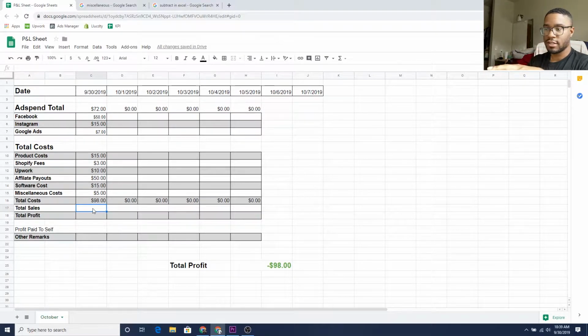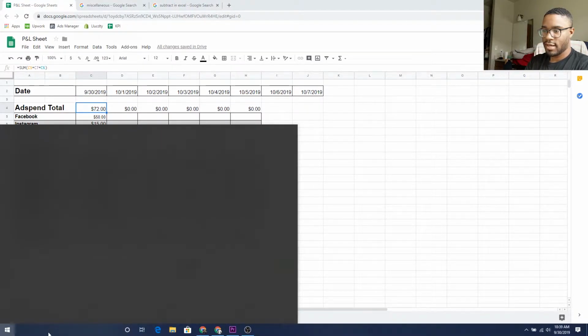You would go back to your sales, and let's say you did a really good day, so let's say $450 in sales or something like that. So you can see how much the costs were from right here and how much the costs were from up here. So what we'll probably have to do is pull up our handy dandy calculator,